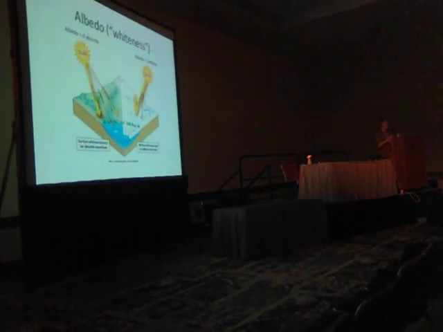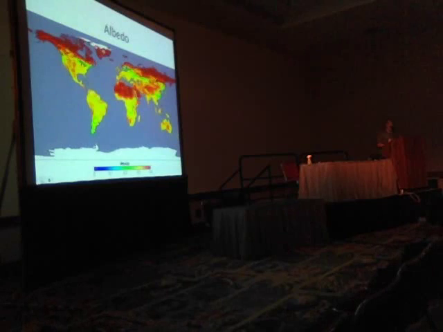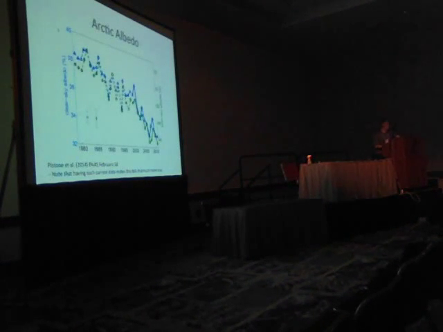So albedo is the whiteness of something. An albedo of 1 means that it reflects all the sunlight. An albedo of 0 means that it absorbs all the sunlight. And so things that are white reflect a lot of light, like ice. And so if you look at the global albedo, you see up in the polar regions, the Arctic and the Antarctic, that the albedo is about 1, and then it decreases as you get farther and farther toward the tropics. Now the Arctic albedo in particular has been decreasing steadily, and I'd just like you to notice, these are